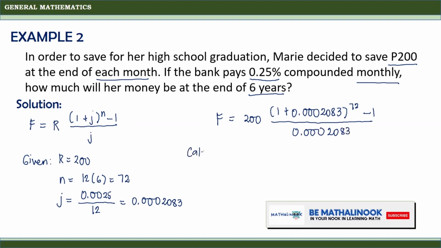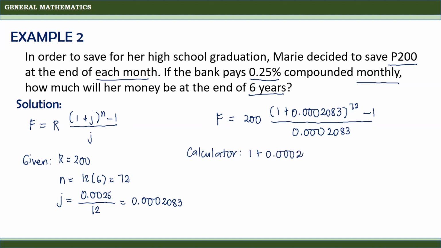To input this on our calculators, you need to key in the following: 1 plus 0.0002083, then equal sign, then raised to 72, then another equal sign, then minus 1, equal sign, then divided by 0.0002083, then equal sign, then times 200, then finally equal sign. When you do that, the calculator will show you the answer to be